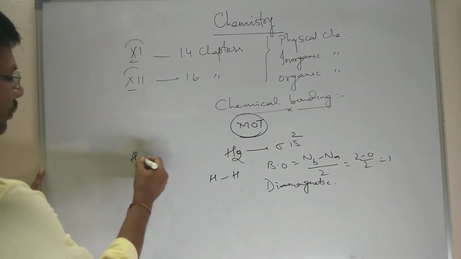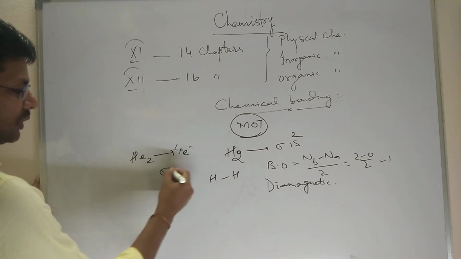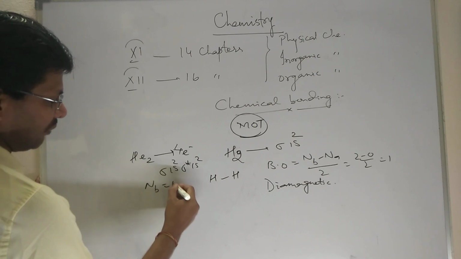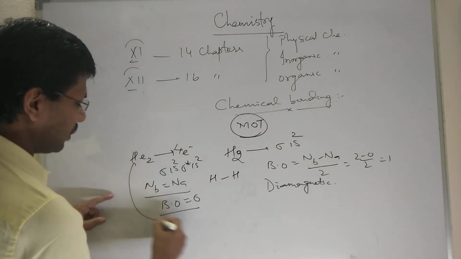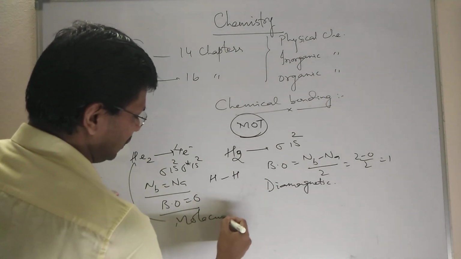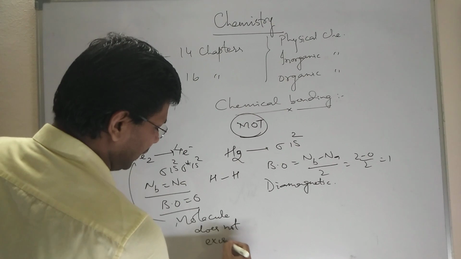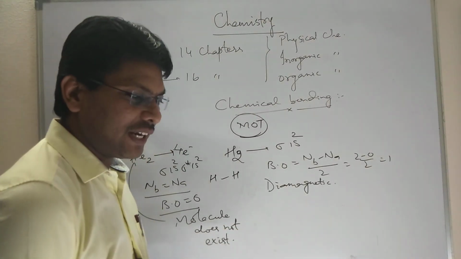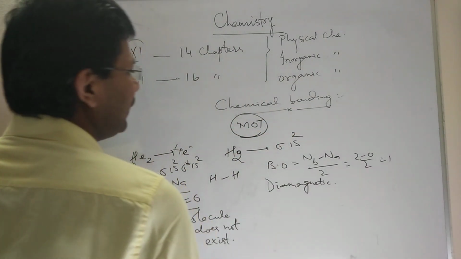That means hydrogen has a single bond. Suppose we want to do it for He2, so it is 4 electrons: sigma 1s2, sigma star 1s2, and here Nb is equal to Na. Whenever Nb is equal to Na, the bond order is 0. The molecule does not exist. I am giving you one trick which will be helpful for your entrance exams, particularly AMCET, NEET, IIT. A bond order question definitely comes, so keep it in mind.